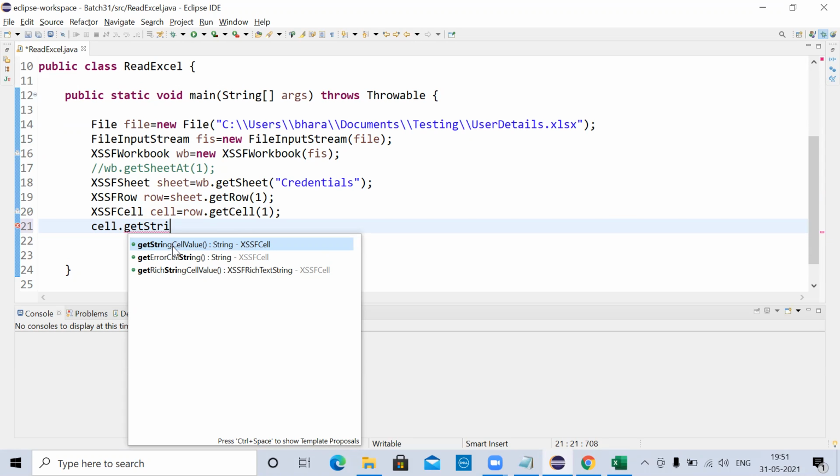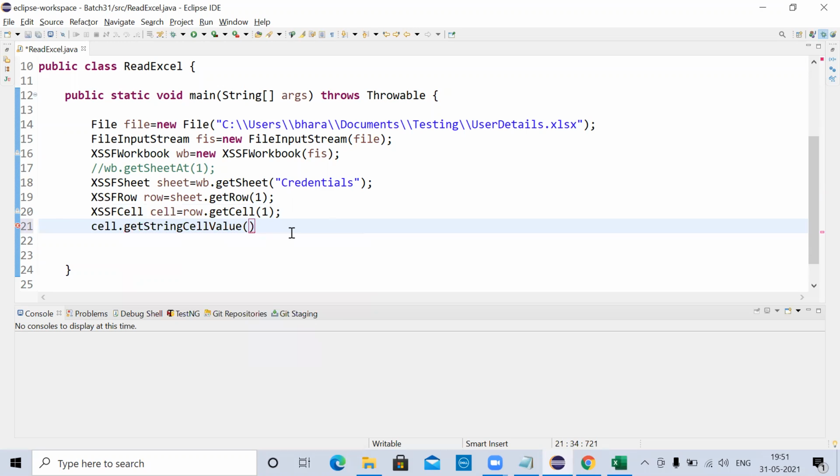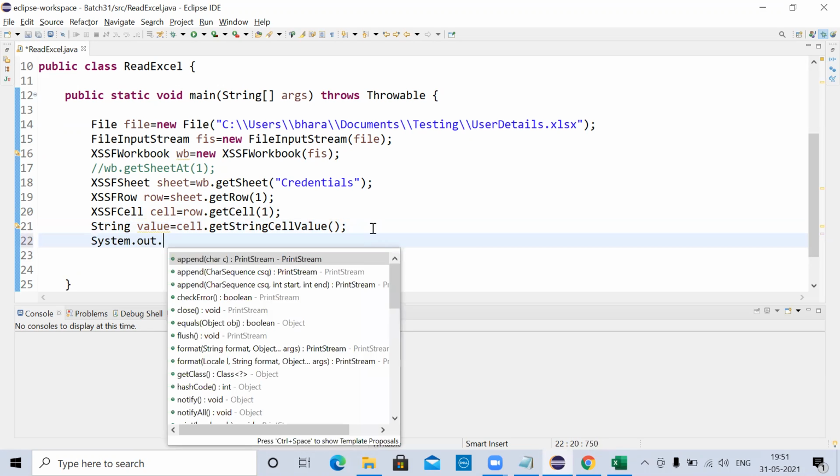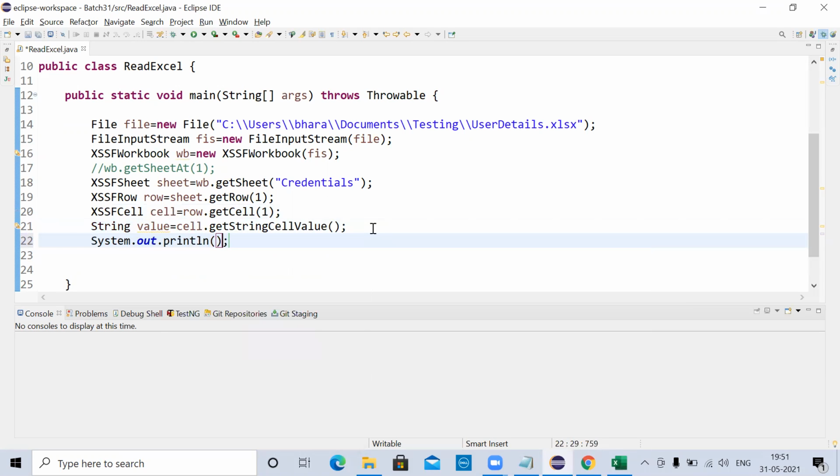So once you call this method called getStringCellValue, I'm storing this value in some variable called stringValue is equal to. Yeah, that's it. If you print this value, your admin will be printed. So admin is the value which is there in the cell, right?